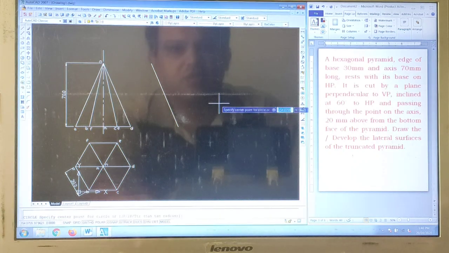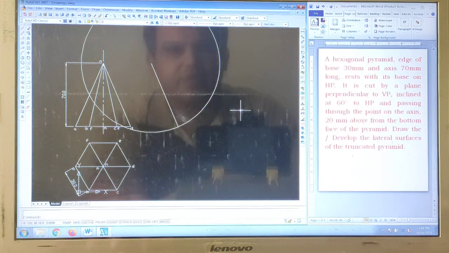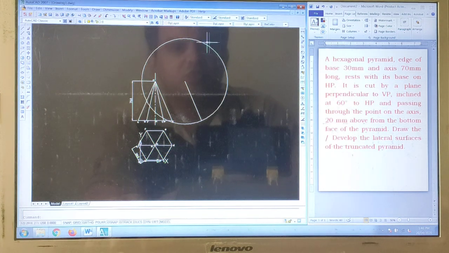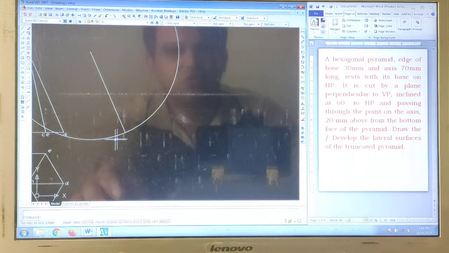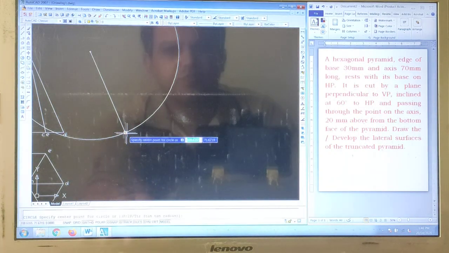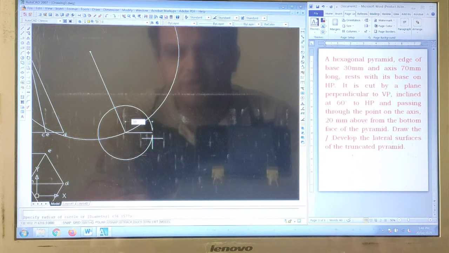Okay, then a circle command from this particular end to this particular end. We are not aware where that angle will be, but we know that the radius is of 30 mm. So from this particular point we are going to draw a 30 mm radius.